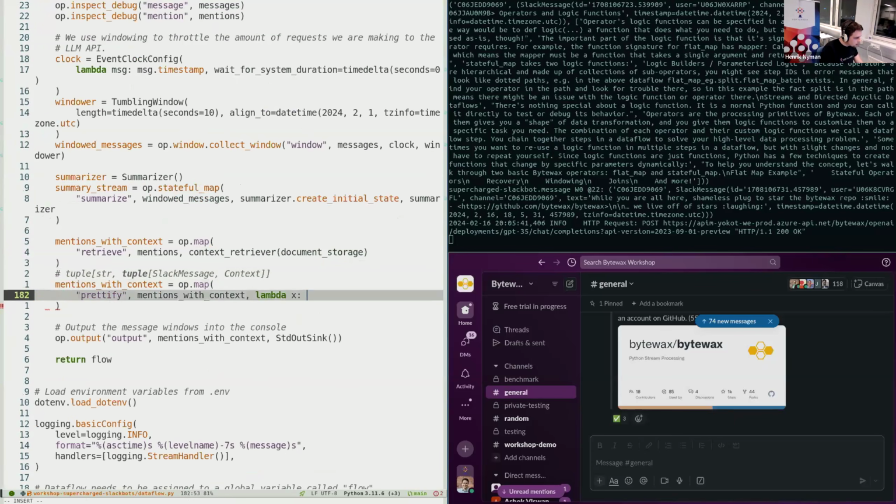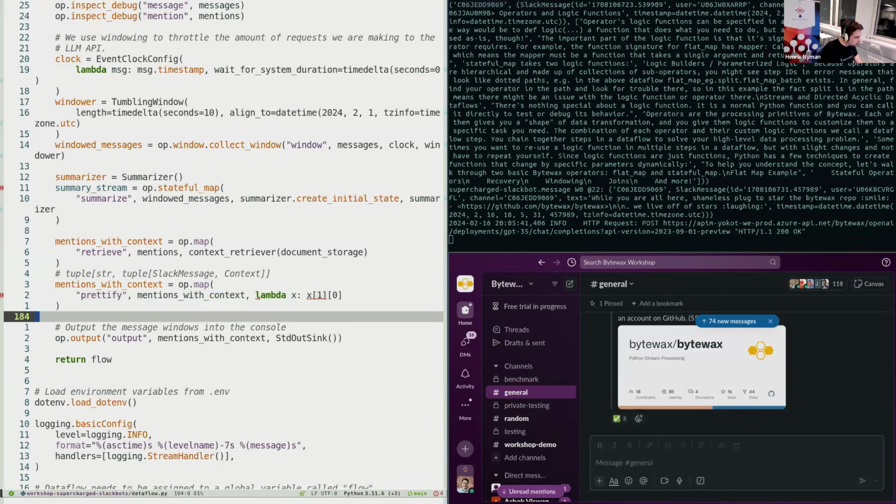Here. So we get the x, and then we get the, this should print now just the,